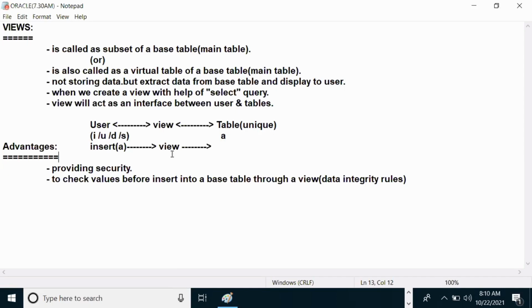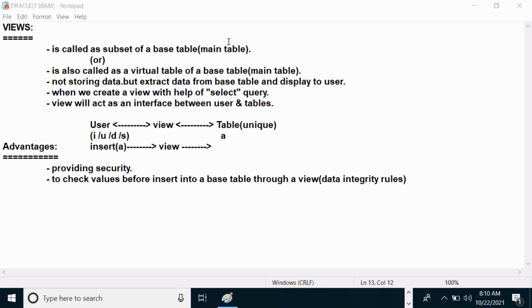The view is a mediator telling the user that the A you are sending already exists in my table, duplicates are not allowed, so please check your data once again. The mediator informs the user whenever the user sends wrong data.